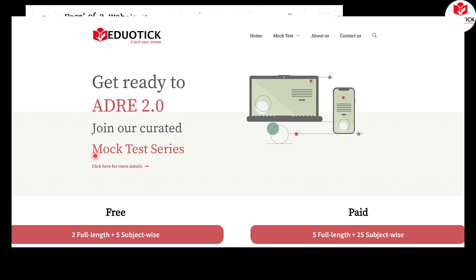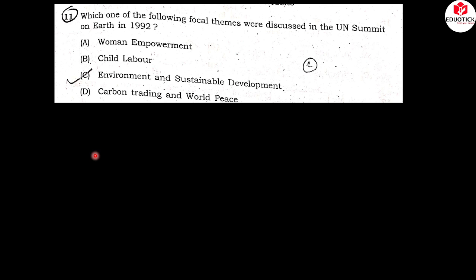If you go to our website idiotic.com, then you will see this page. This is the homepage of our website. I will give you the link of this website, so you can go through it. You will see this interface, and this page is known as the home page. So the